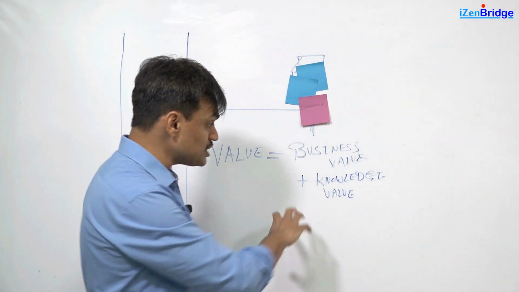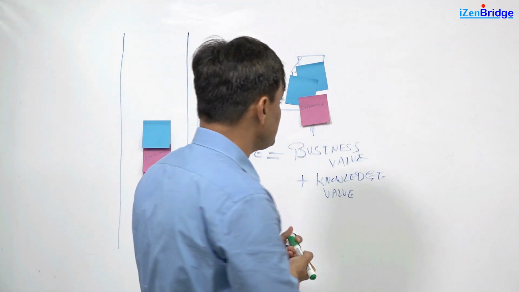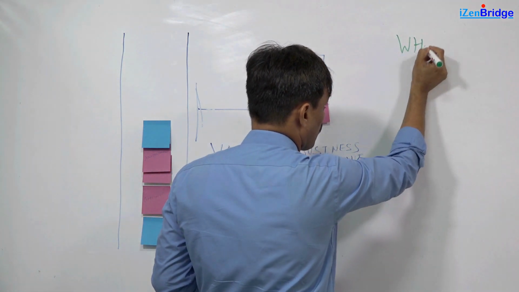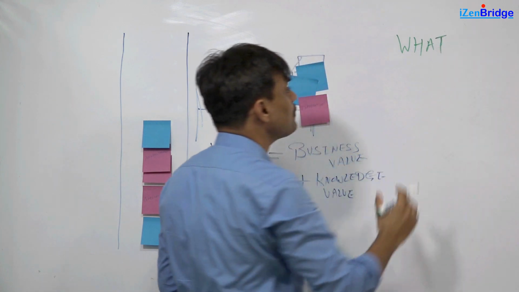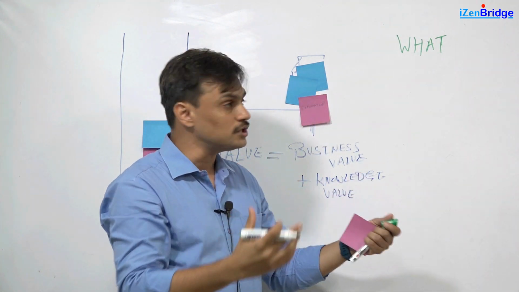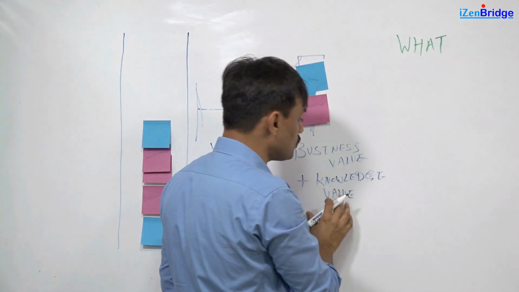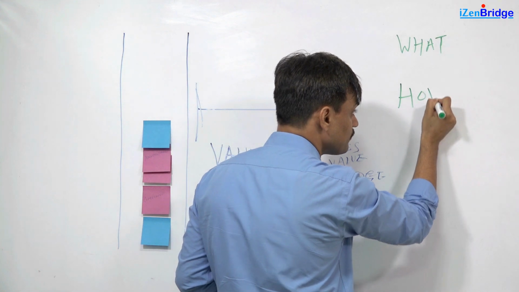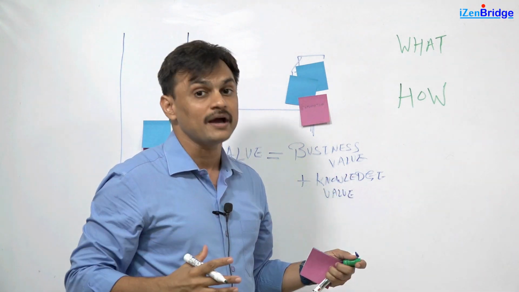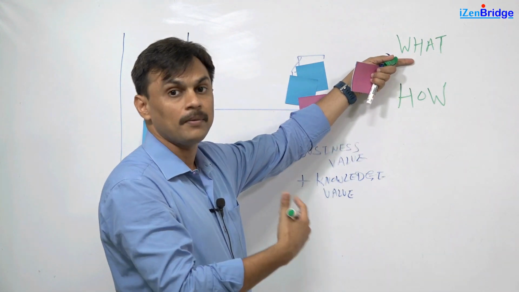Now if we see this knowledge part, the knowledge could also be looked at in two dimensions. I say dimension one is the what dimension. What should we build? It's more about understanding customers. So whatever product demo we give, we take the product to the customer, stakeholders, we know more and more about what they really need. The other dimension of knowledge is how are we going to build it? By doing development, we understand the technology, we understand the challenges which might come across, and we need to learn about those things so that we can meet the what part of it.